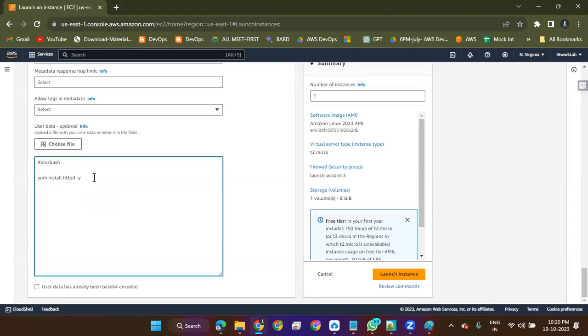Why are we installing it here? To redirect to the index.html, whatever the code, Angular or Node.js frontend, anything it can be, but the front end will always be CSS and HTML, right? Those things need to be redirected. To redirect, we need this service.